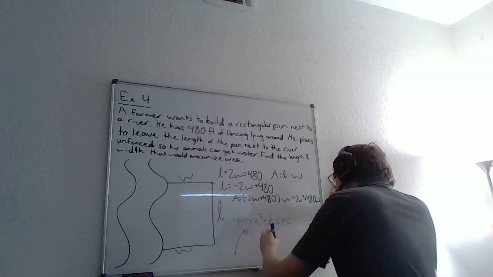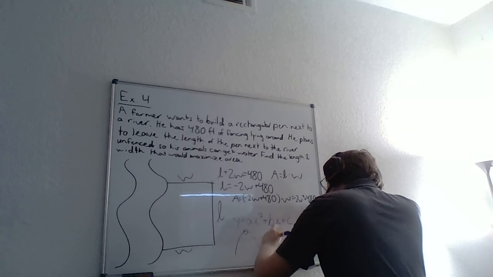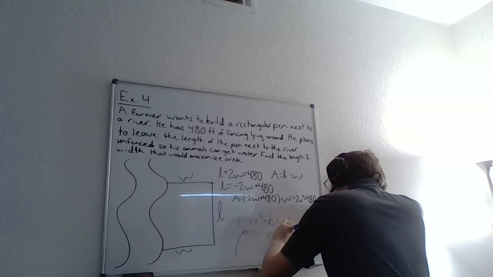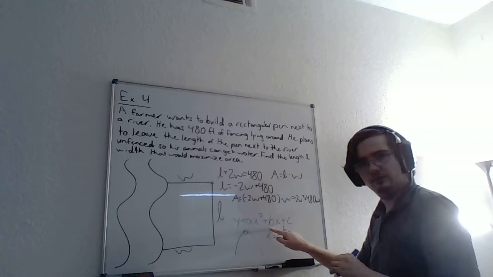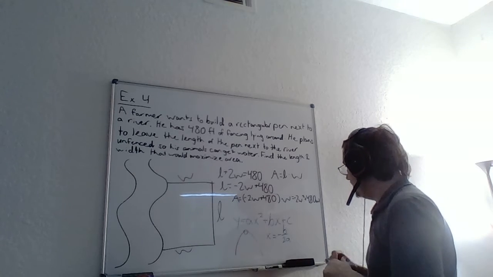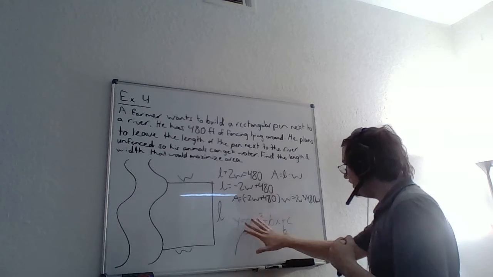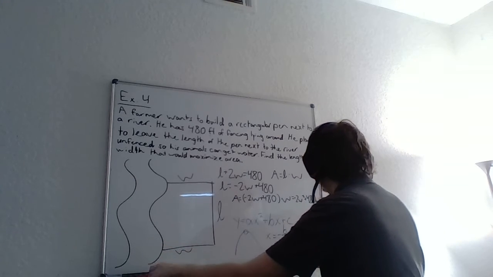So, all we need to remember is the formula for a vertex. So remember that to find the vertex, you just need negative b over 2a. And b is what's in front of the x term, and a is what's in front of x squared. So, knowing all this, let's use that to solve this.